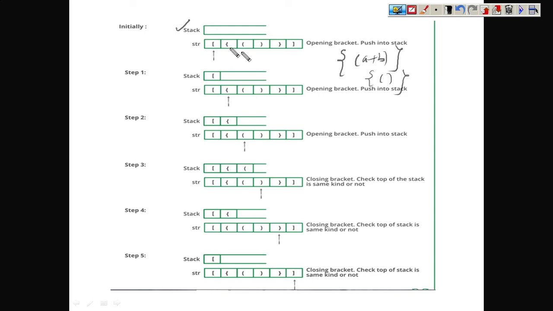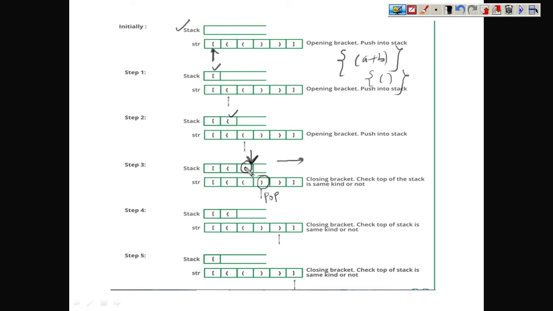Okay, so what is required: you start from here, this is a left bracket, you push it. You move here, this is a left bracket, you push it. You move here, left bracket, you push it, and then you find the right bracket. When you find the right bracket, you have to apply the pop operation. So this will be popped. Pop means whatever is at the top will be popped. Now you have to check whether whatever you are popping matches the same type of bracket or not. Yes, this is the same type of bracket, so you will continue.